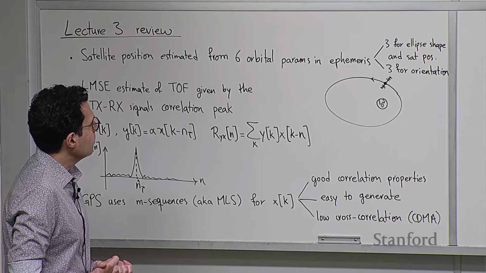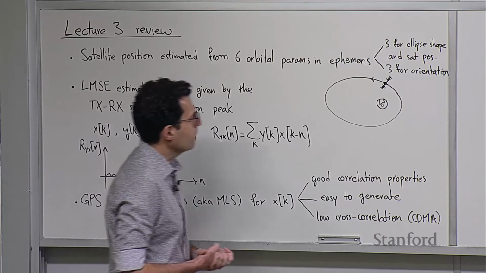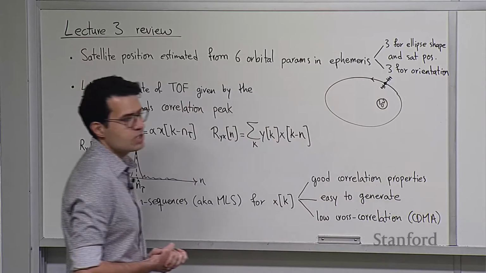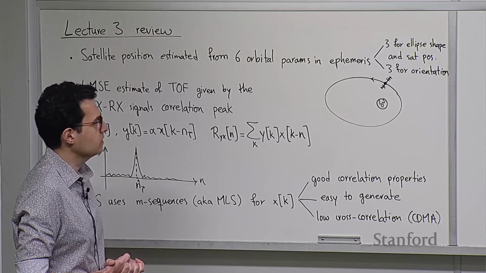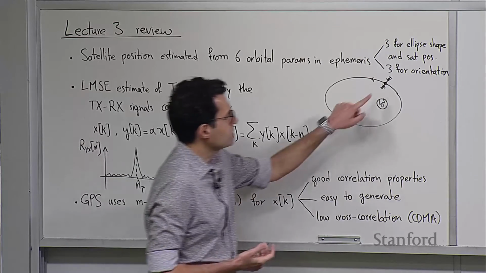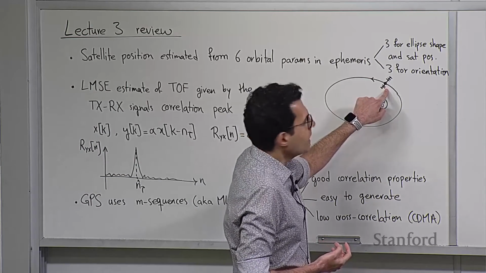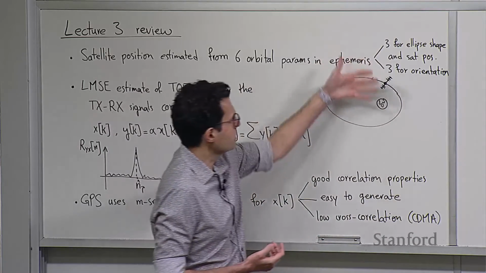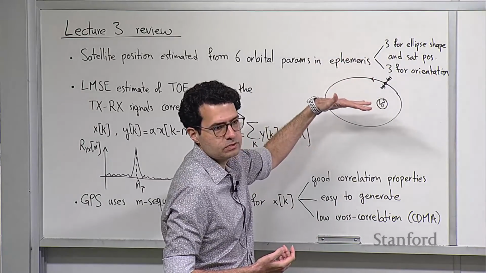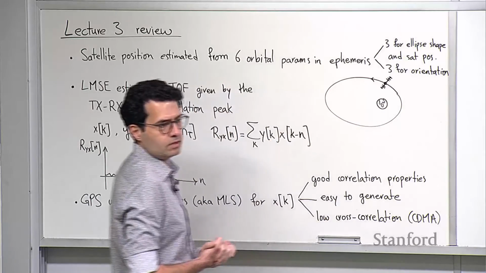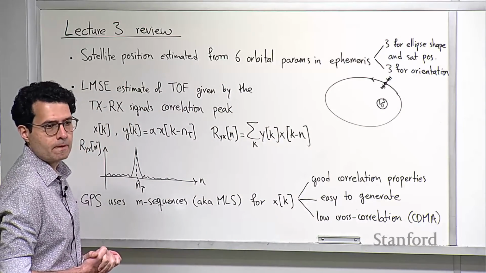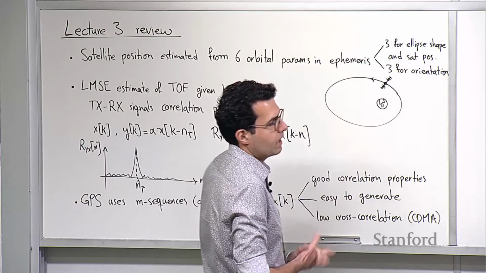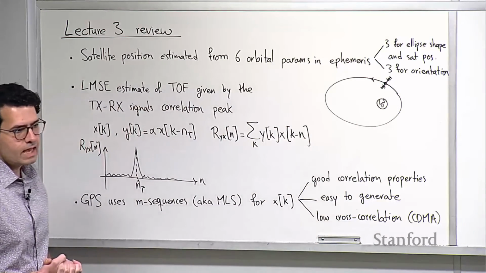And with these parameters, 3 of them determine basically an elliptical trajectory of the satellite at a point in time, and also the position of the satellite within that ellipse. And the other 3 determine the orientation of this elliptical plane with respect to the Earth-centered, Earth-fixed coordinate system. Okay, so with those 6 parameters, the receiver can estimate very accurately the position of the satellite at a given